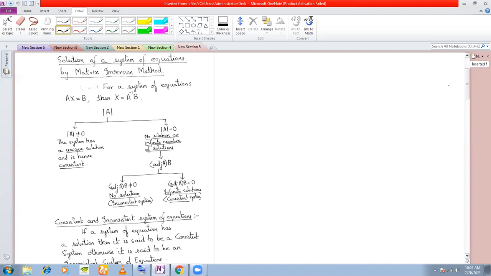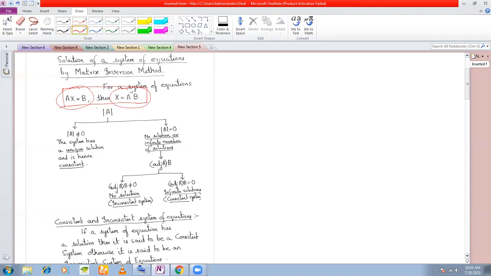With the help of matrix inversion, you can find whether the system of equations has a solution or does not have any solution at all. So the rules of this, this is a very important chart. If you can remember, it's given in your textbook also. First of all, you must see that for a system of equations, in the matrix notation, you can write the system of equations as Ax is equal to B, whose solution is x is equal to A inverse B. This you must remember.